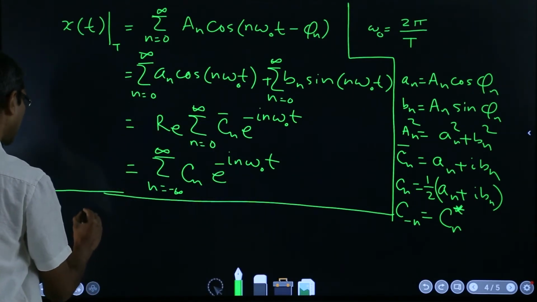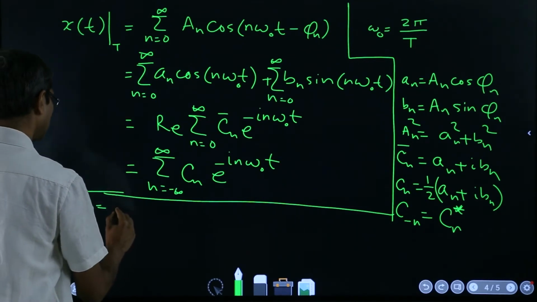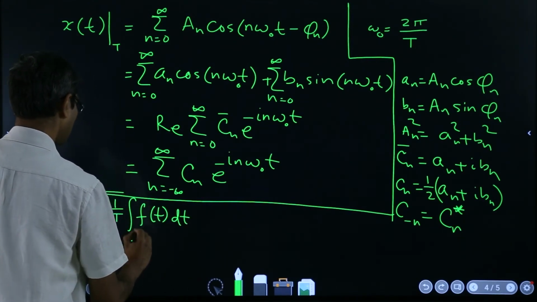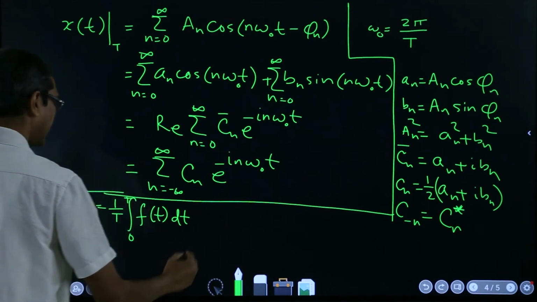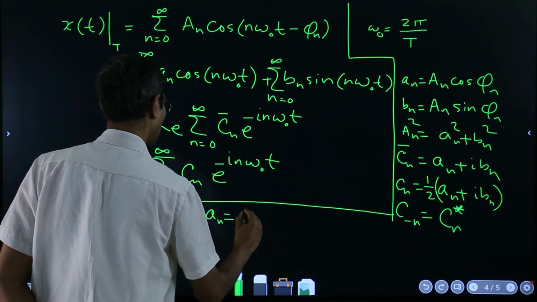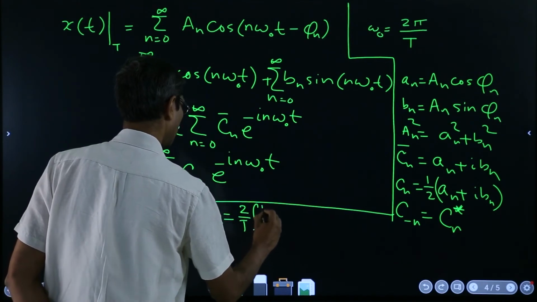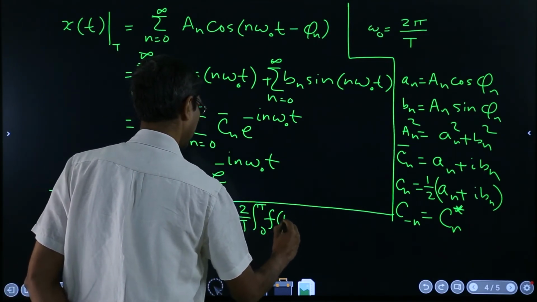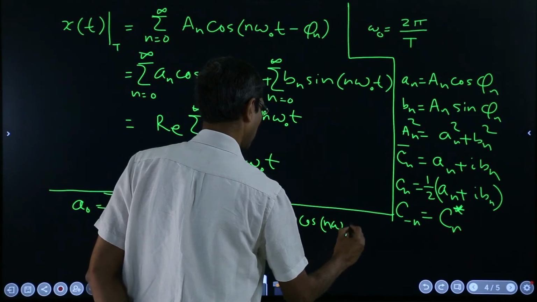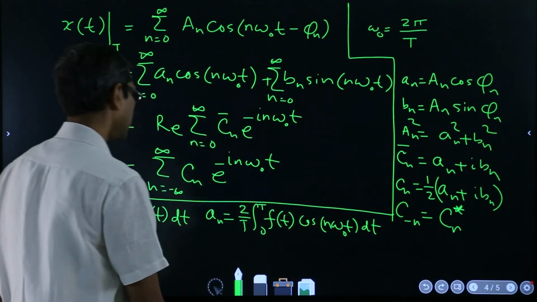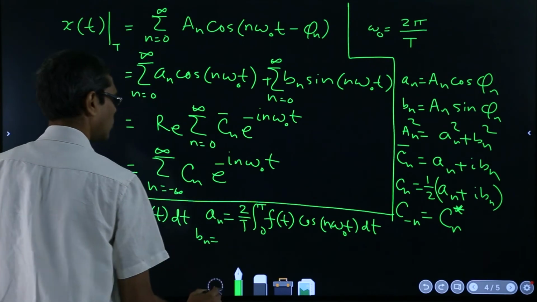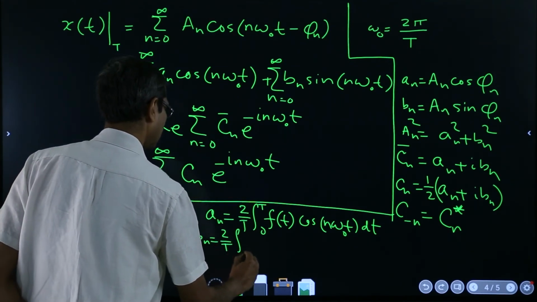So here, how you were calculating, a_0 was just the average of f(t) dt from 0 to T, and a_n was nothing but 2 over T, 0 to T, f(t) cosine of n omega naught t dt, right? And b_n was equal to 2 over T, 0 to T,